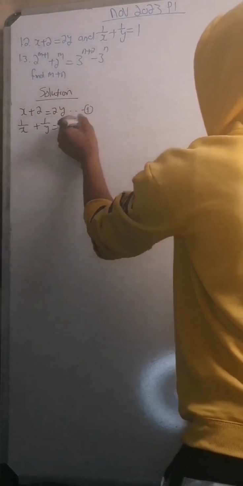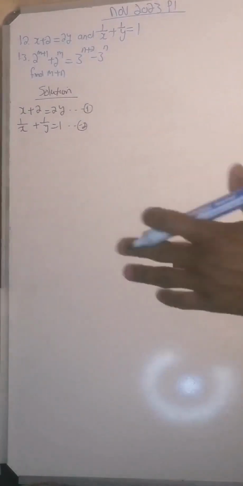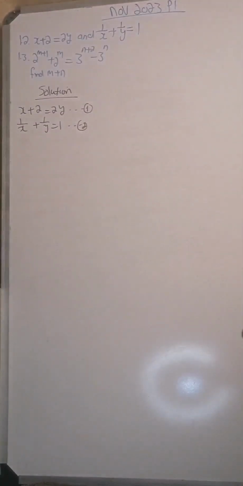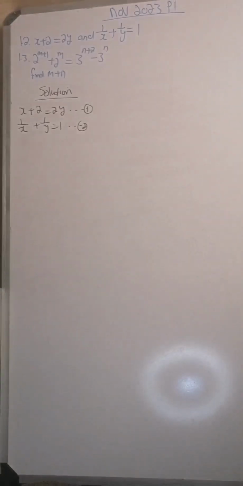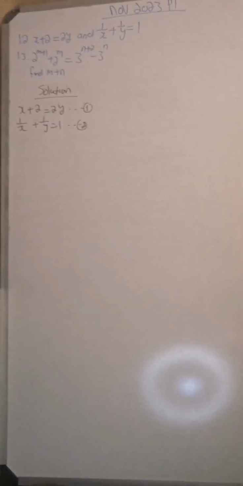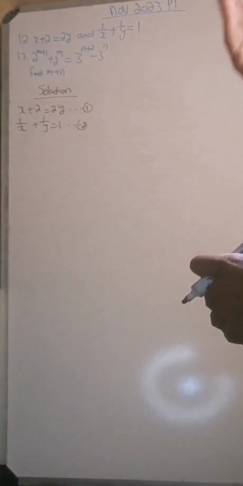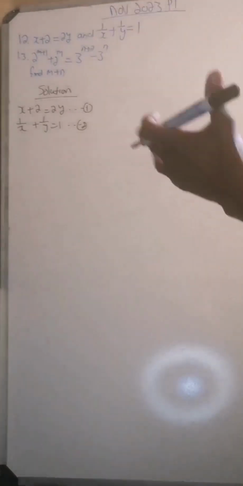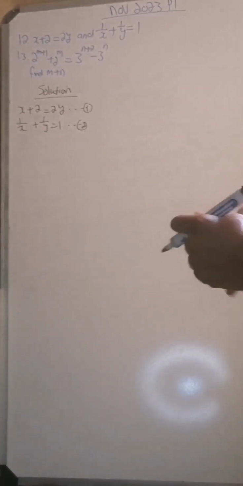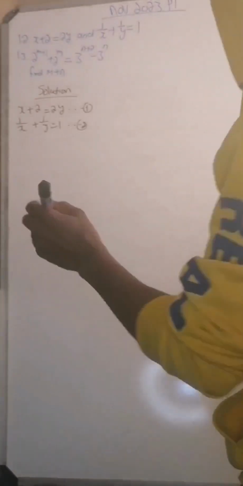So I'm going to name these equations as equation 1 and equation 2. Equation 1 is an equation where I can simply make x or y the subject of the formula, and then equation 2 is the one where I will need to substitute equation 3. Let me just show you how this is done. So the first one, I'm going to say, okay,